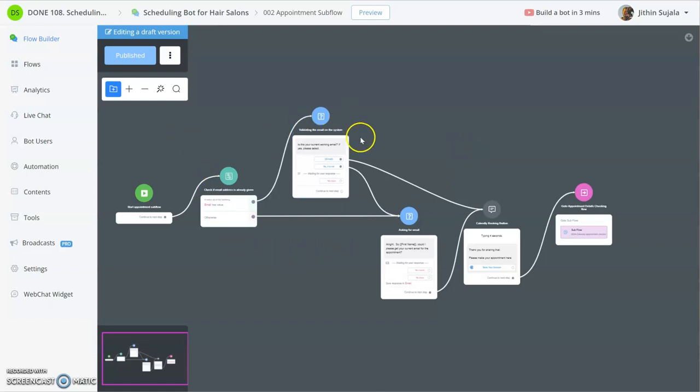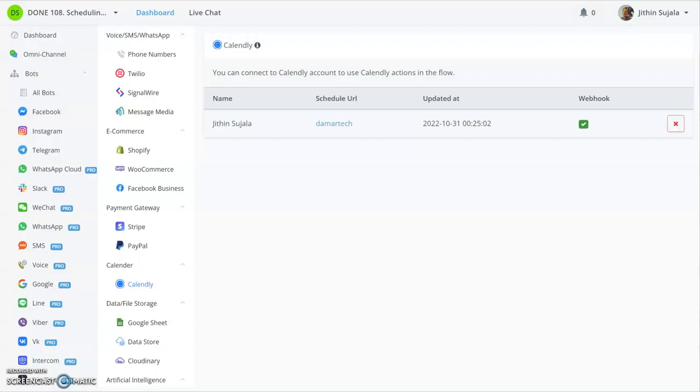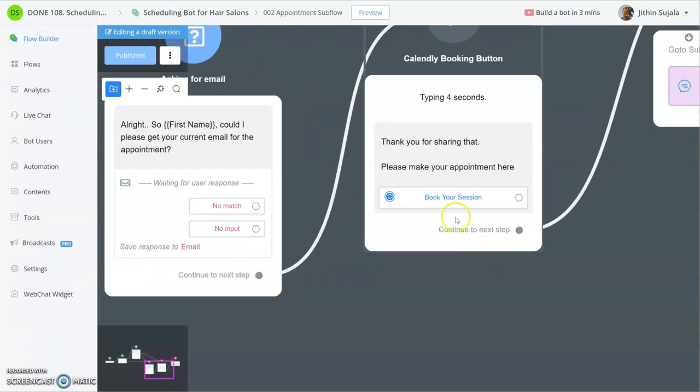So we have one flow where people can come in and make a booking using Calendly. So you just need to have a free Calendly account, and it has to be integrated with your Uchat. You can go to your workspace and then go to your dashboard and then go to Calendly, and you can just integrate from here. Once integrated, when you have a button,